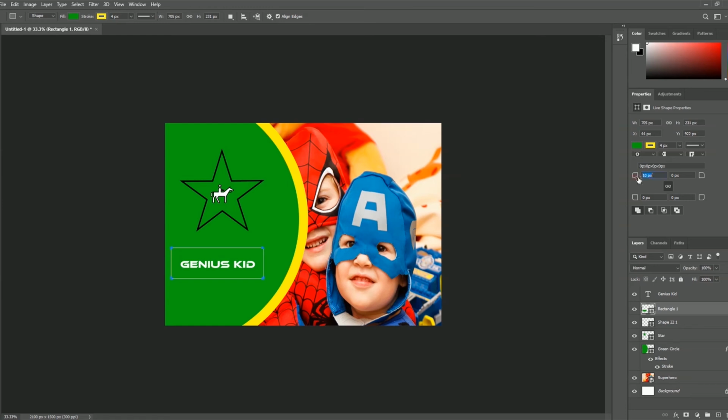So let me increase it to 33 pixel. Okay, and you can take a look. We have a perfect rounded shape for our corner. It really looks good. But I think the size of the stroke seems a little small, so let's increase the stroke